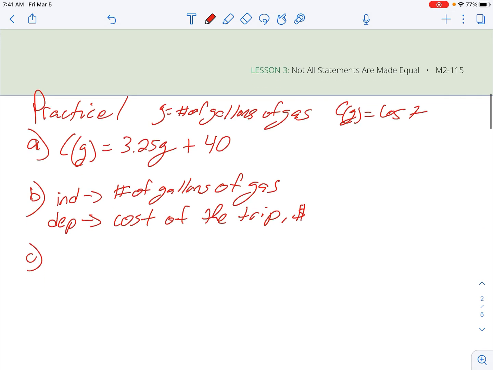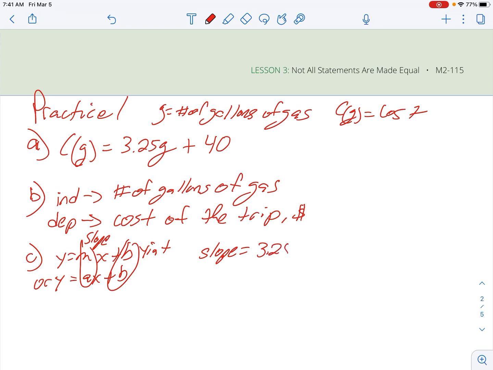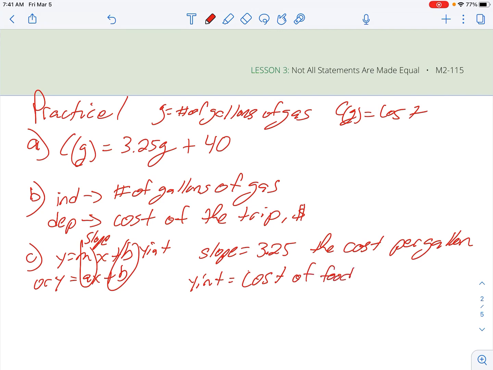Part C, identify the rate of change and the y-intercept. So don't forget our y equals mx plus b, or general form of y equals ax plus b, where again, these are representing your slopes, and this is representing your y-intercept, which in this case the slope is 3.25, and that's going to represent the 3.25 is the cost per gallon of gas, and the y-intercept is going to be the cost of food